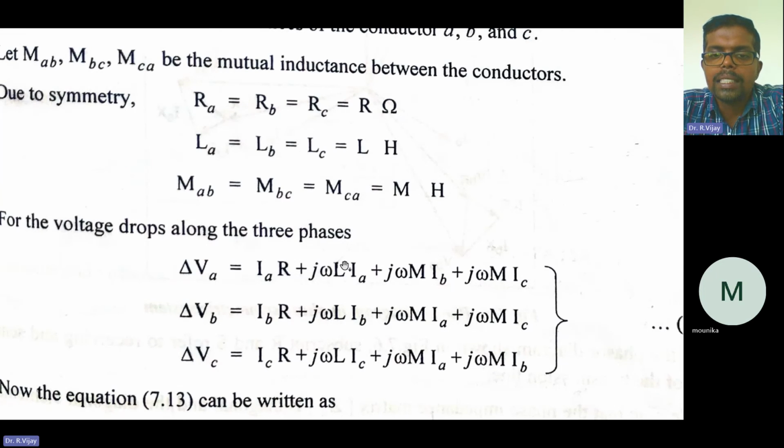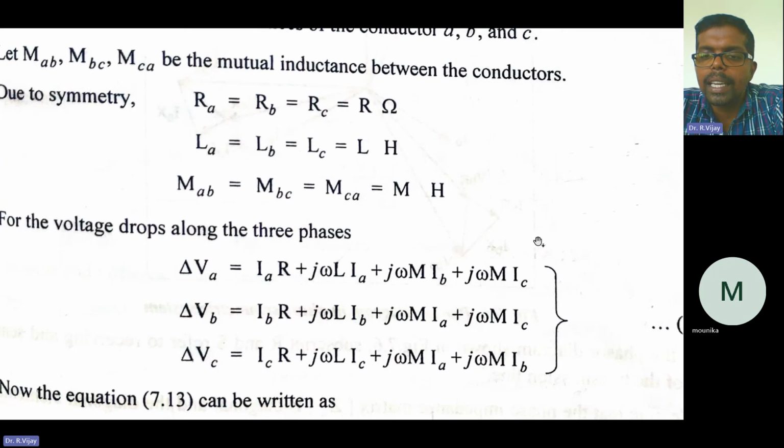That is, jωL·IA is the self-inductance term. Then the mutual inductance terms: jωM·IB, where M means mutual inductance and L means self-impedance, plus jωM·IC. So for A phase, in the first phase you have self-inductance, and the other two phases have